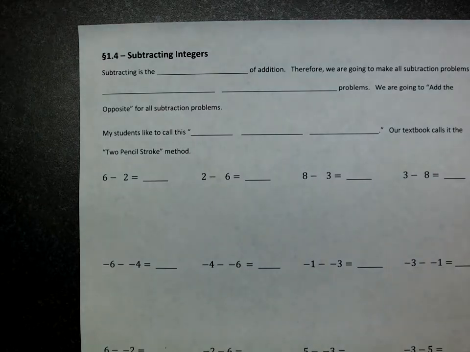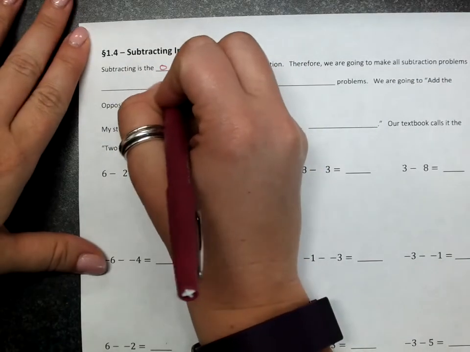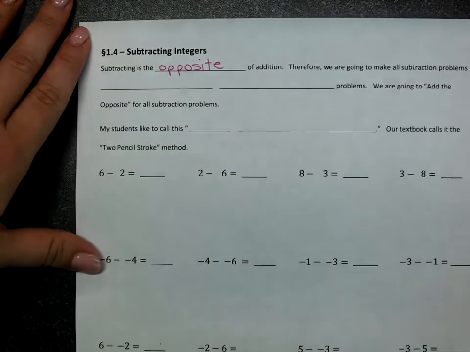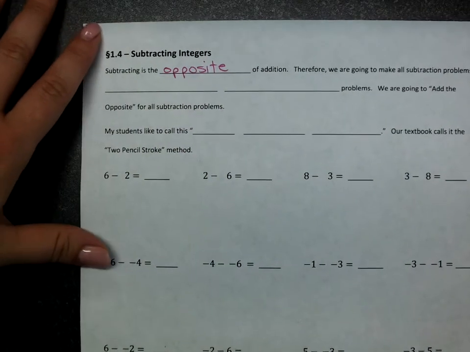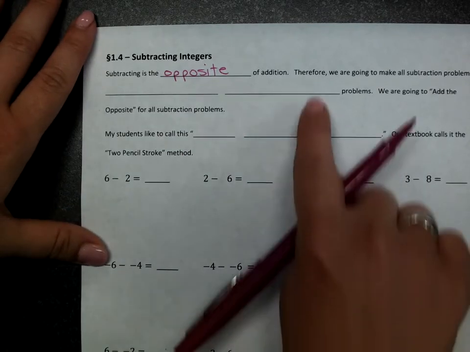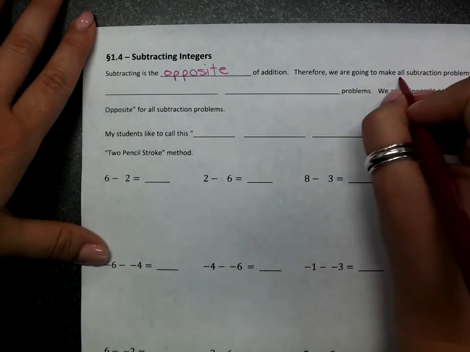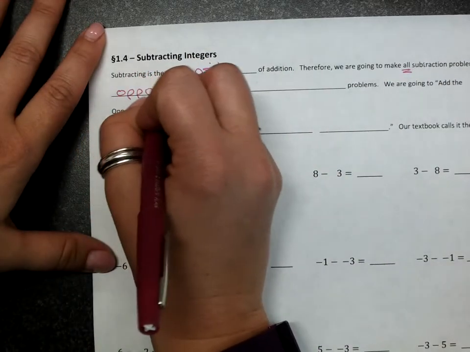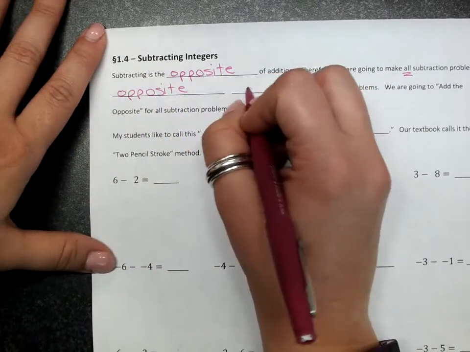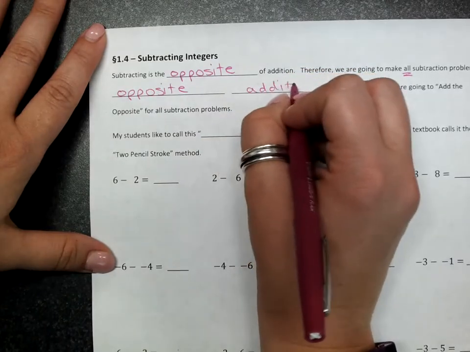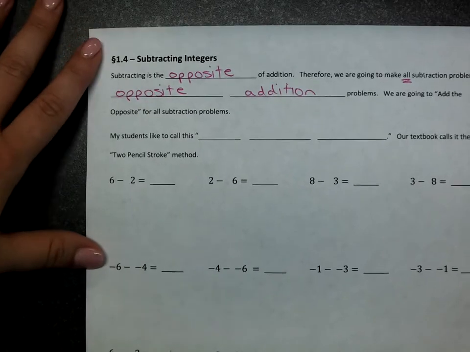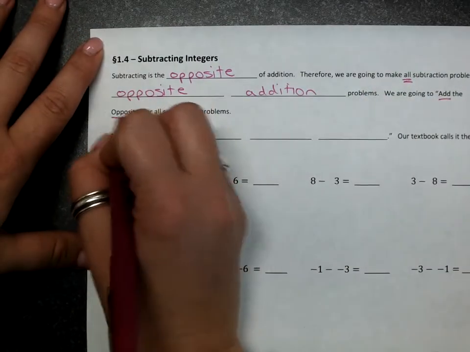So it says subtracting is the blank of addition. It is the opposite of addition. Subtracting is the opposite of addition. Therefore, we are going to make all subtraction problems, all of them, what I call opposite addition problems. Opposite addition problems. We are going to add the opposite